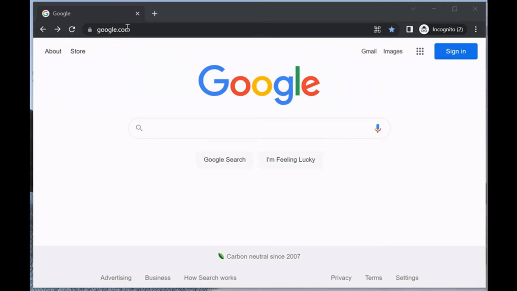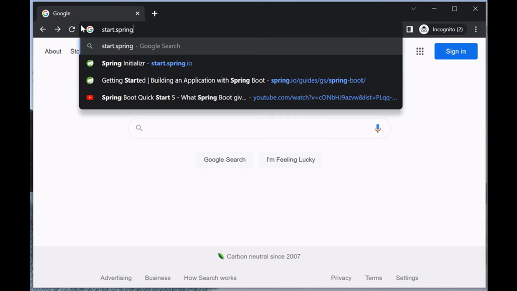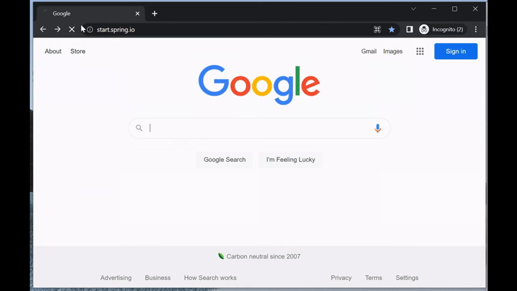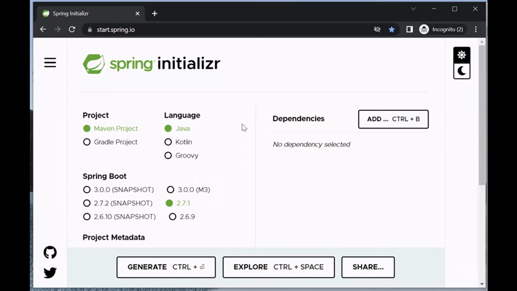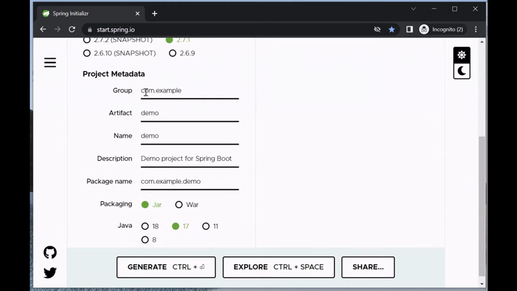First step, use Spring Initializer. That means go to a browser and type start.spring.io. That's the initializer. Okay, use all the defaults here for the small Spring Boot application. So like a project, Maven project, language Java, Spring Boot version 2.7.1, and for the project metadata, we can leave this